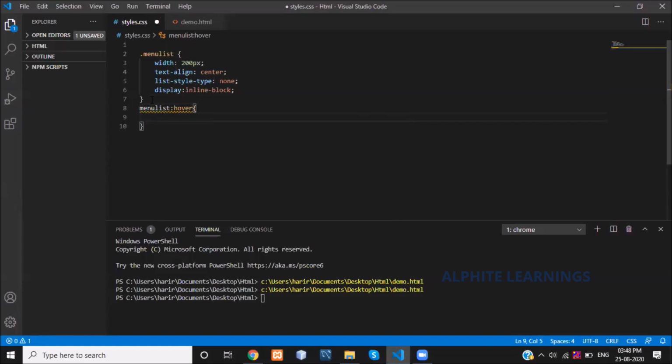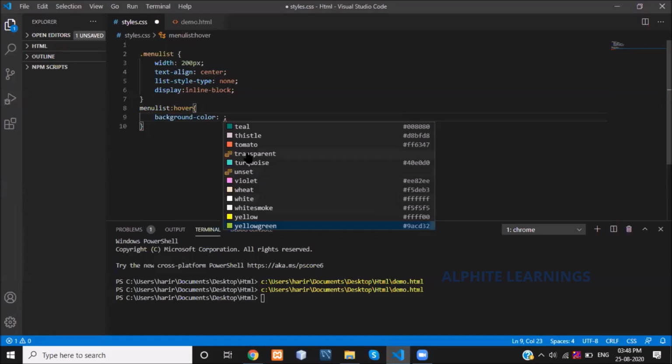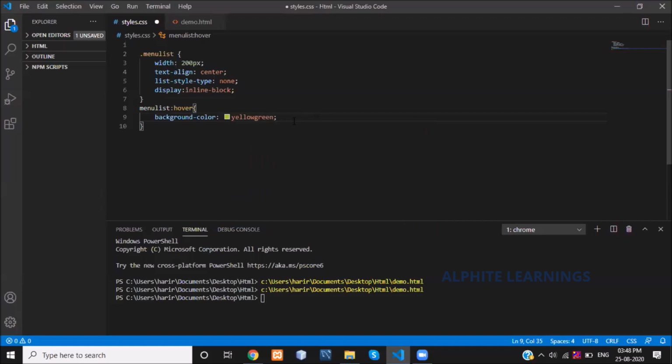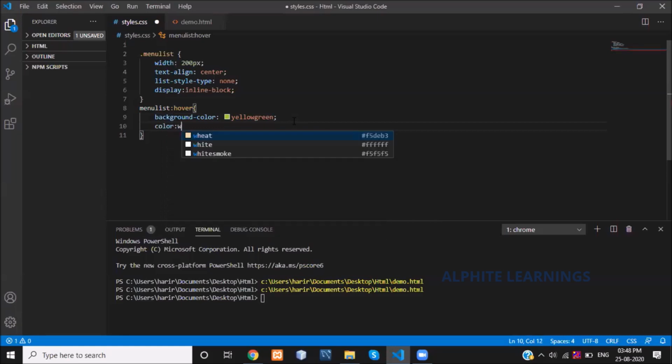On hovering, I'm changing the background color to yellow green, and the text color will be changed to white.